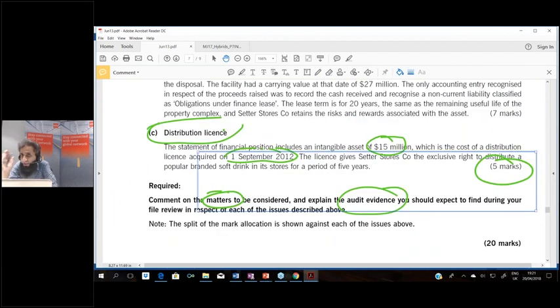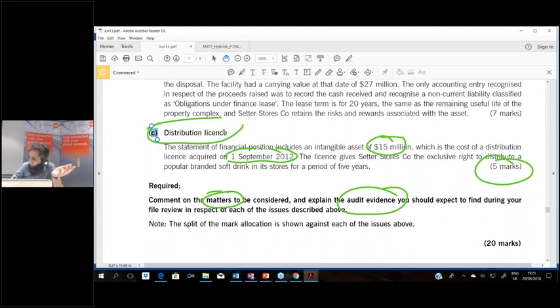My point was, write a case specific answer. The case specific answer is that we acquired this license in September 12. So September, October, November, December, January. For how much time should I amortize it? For this year, 5 months. What's the total duration of the license? 60 months, 5 years. So can anyone recalculate the amortization expense?